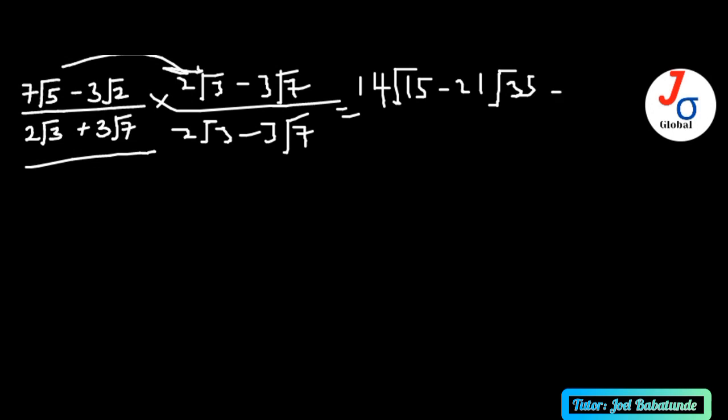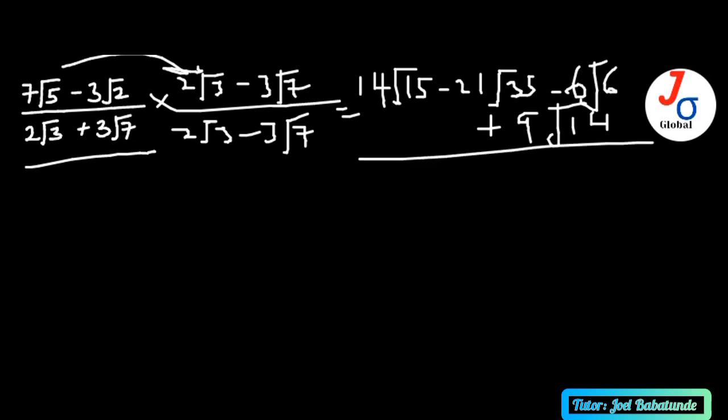Then minus, because this is minus times this, and 3 times 2 is 6, root 6, because that's 2 times 3. Then this, that's minus times minus is actually plus. 3 times 3 is 9, 7 times 2 is 14, root 14, and over